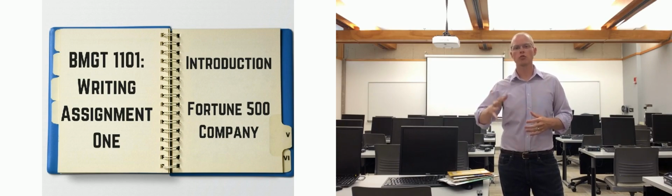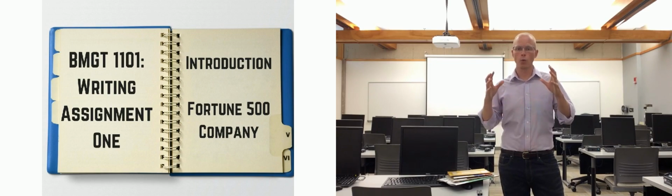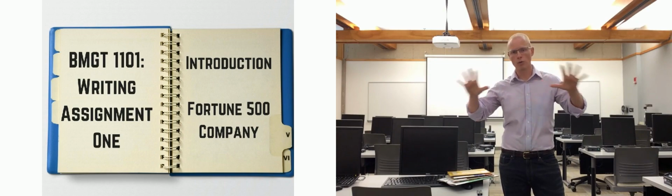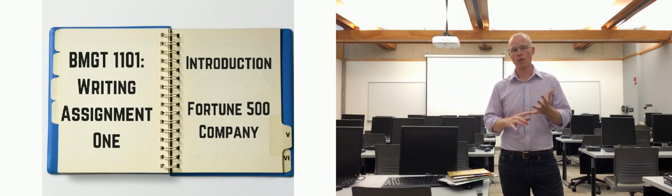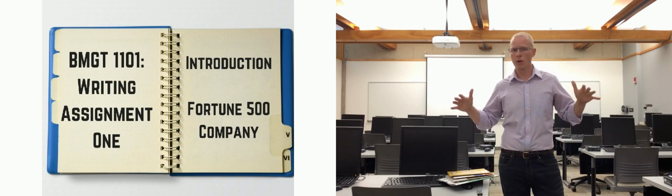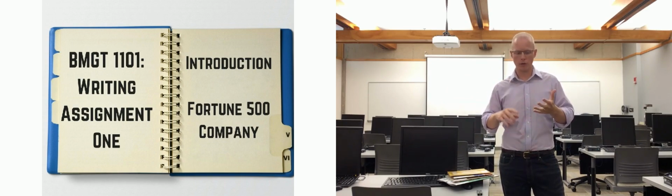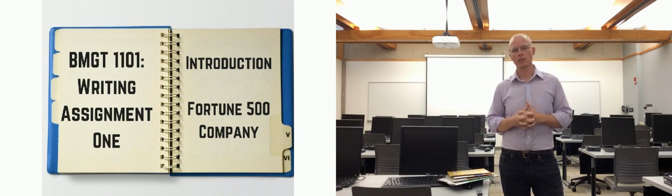So first of all, let's just introduce what the first writing assignment is, what it's meant to do. A couple things. We're asking you to pick a Fortune 500 company. As you go out and you start researching all these different things, you can pick any one that is of interest to you, right? You have an iPhone, go ahead and pick Apple. You shop at Walmart, go ahead and pick Walmart. But because there's 500, if you're interested in energy, if you're interested in retail, if you're interested in consumer product goods, you can go and research any of the companies that fit into any of the industries that you're working in. So from that standpoint, there's a ton of flexibility with this first assignment.